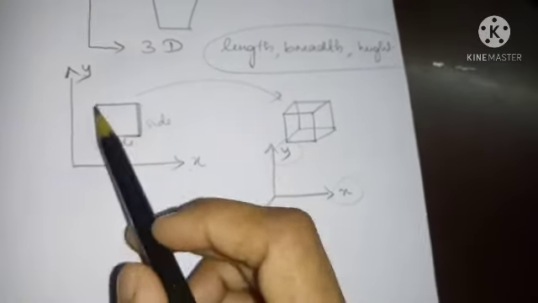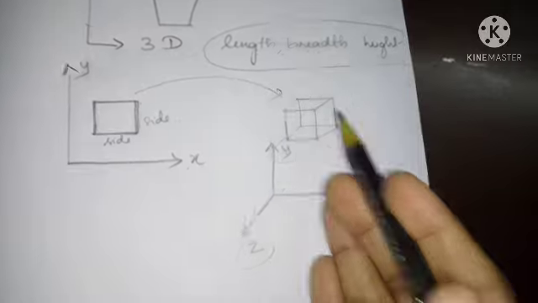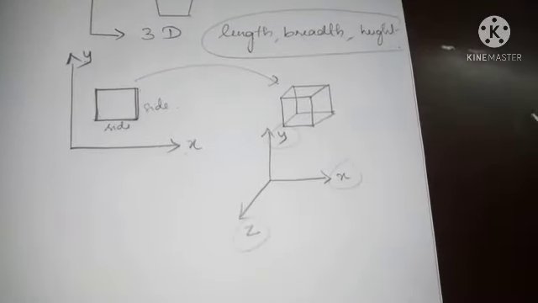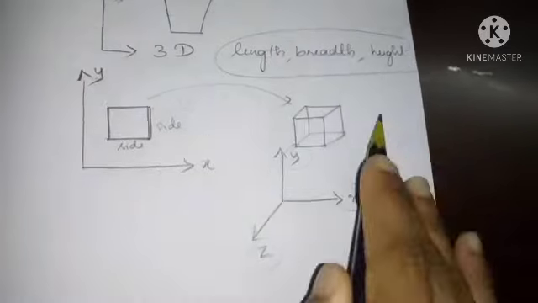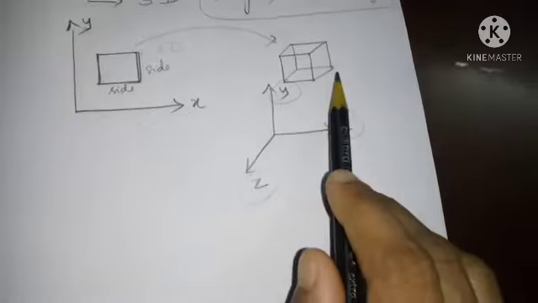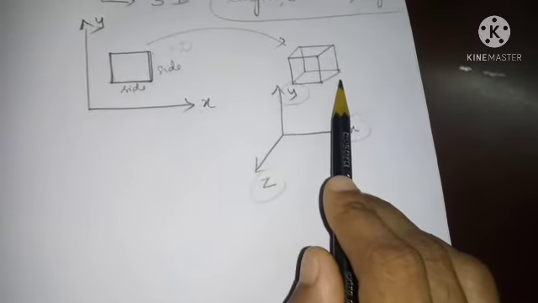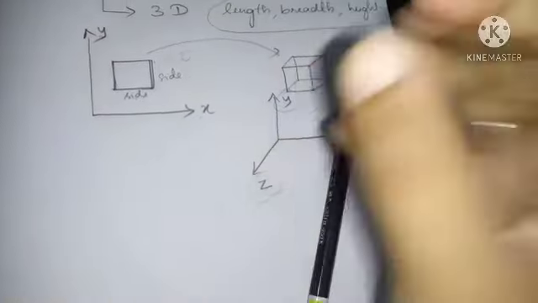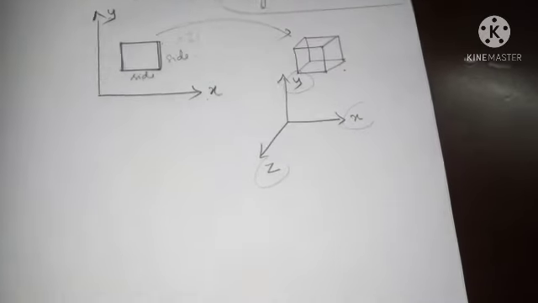So we have 2D figures also. That 2D figure can be transformed to a 3D figure when we have one extra dimension. Here you have 2 dimensions. When you have 3 dimensions, it will be converted. So for a square, your 3D shape is cube. For rectangle, the 3D shape is cuboid. For circle, the 3D shape is sphere, like a ball. So for each figure, we have 3D shapes.